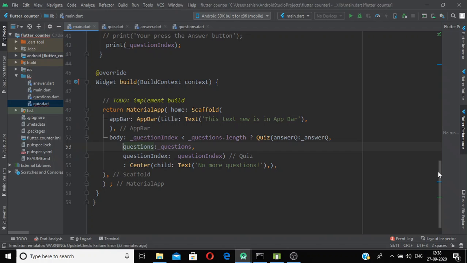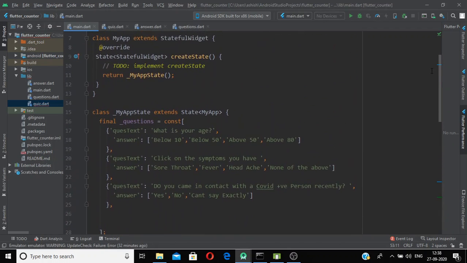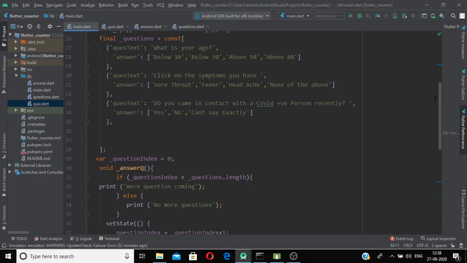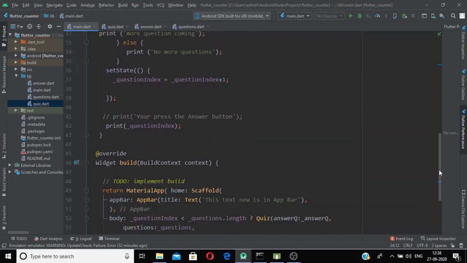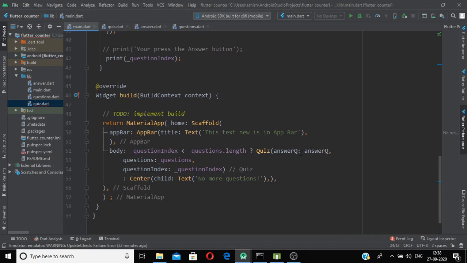Previously I used simple answer, but now I have appended a Q in front of this answer method, just to distinguish it from the answer key-value pair. So if you are coding with me, also make this correction inside your method. And I have used this answerQ, and now our quiz.dart file is ready.